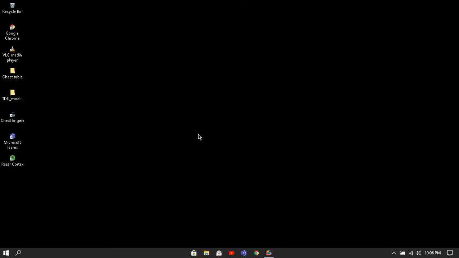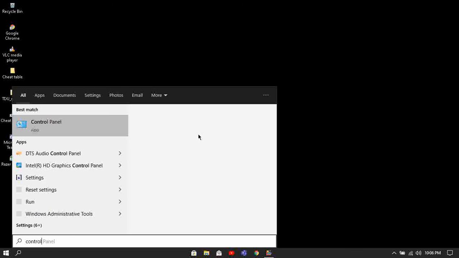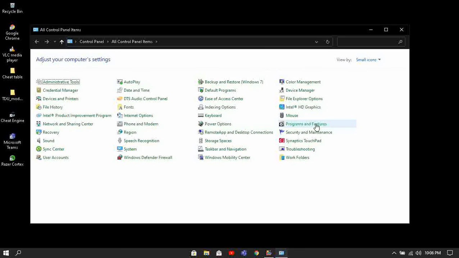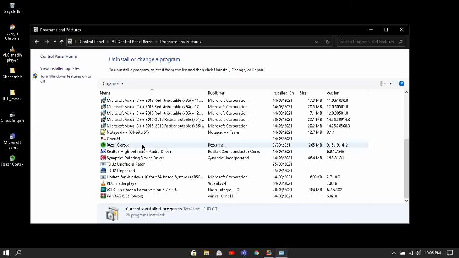Now the third step is uninstalling the system applications that you are not using anymore. To do that, you can go to Control Panel and look for Programs and Features. Here it is. Click on it and it will show you the list of applications that were installed, and you can also see when they were installed. And you can look through them individually and find the applications that you are not using